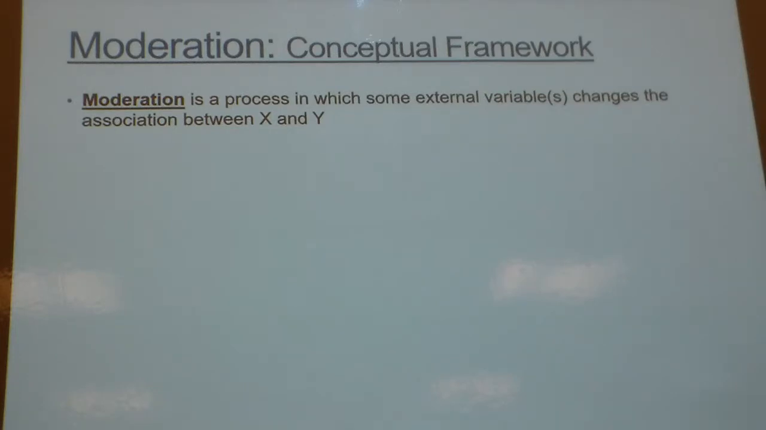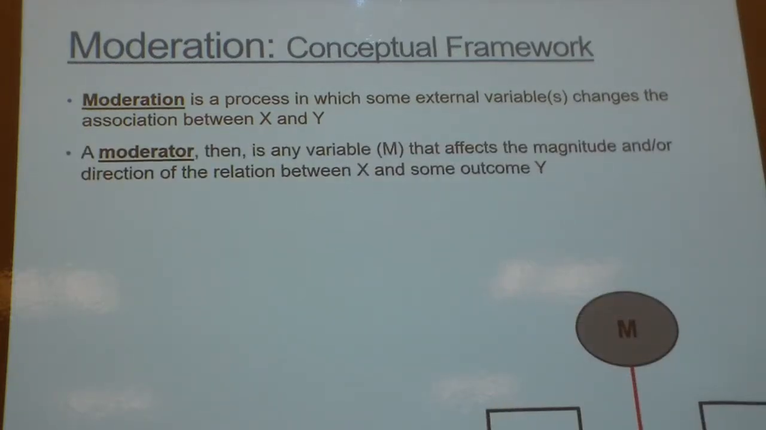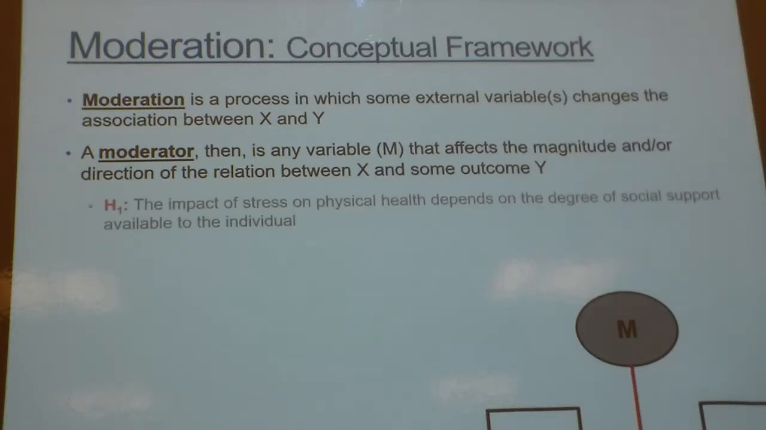As we touched on last semester, with moderation we're looking at the extent to which some external factor impacts or changes the nature of the association between X and Y. So our moderator, moderator M, is any variable that impacts either the magnitude or the direction of the relation between X and some outcome Y. For example, I might say the impact of stress on physical health depends on the degree of social support available